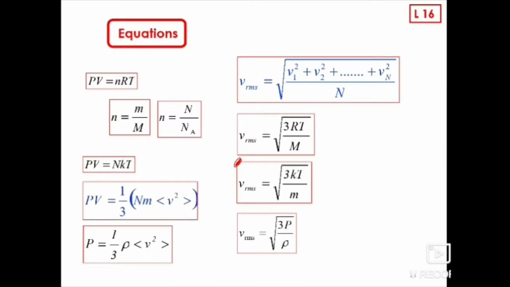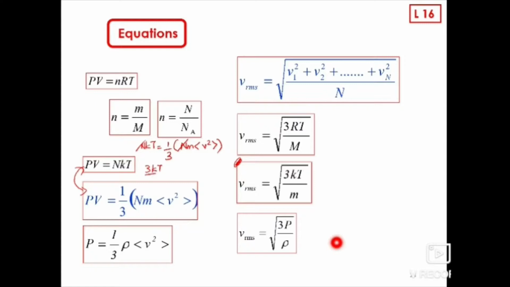PV also equal to 1 over 3 NmV square. So we equalize these 2 equations. So we get NkT equal to 1 over 3 NmV square. So N and N we cancel. So here